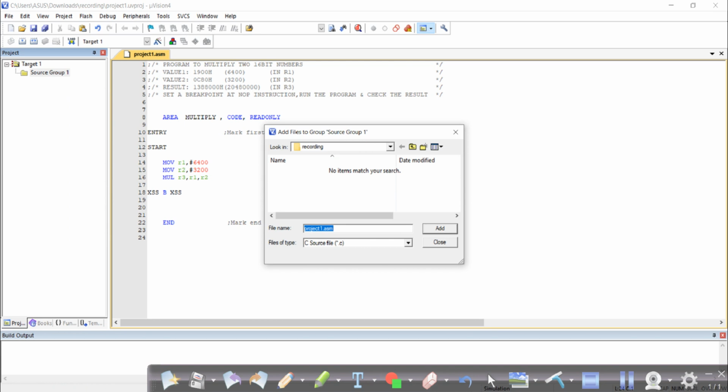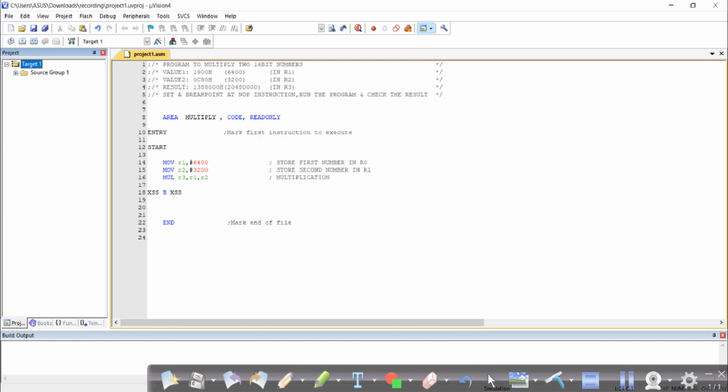There is an important step which you have to remember: the file of type. This is the important thing. For all my software programs, my type of file is not the .c extension, it is always the .asm extension. So click on this drop box where you can see various file types. Here I'll be taking ASM source file, and there your name appears. I'll click on that particular file and click on the add button. Soon after you click on add, you can close this window.